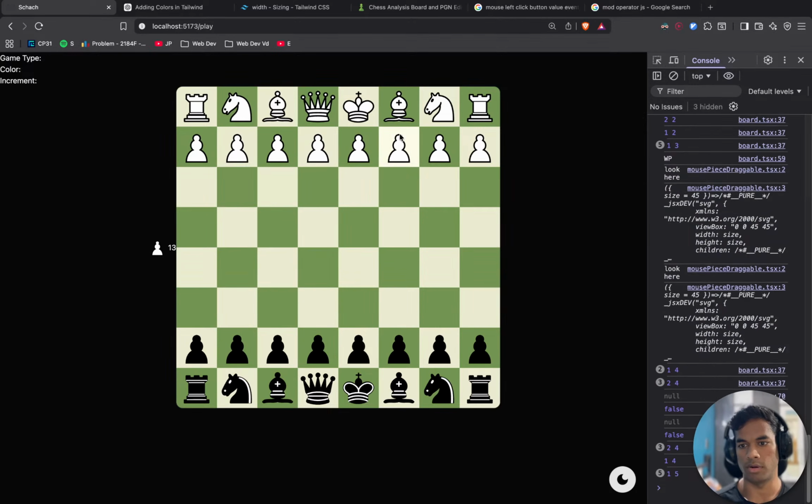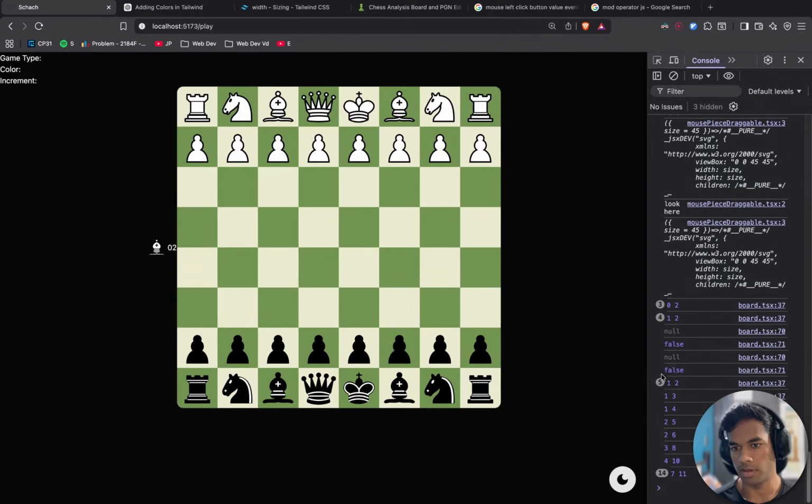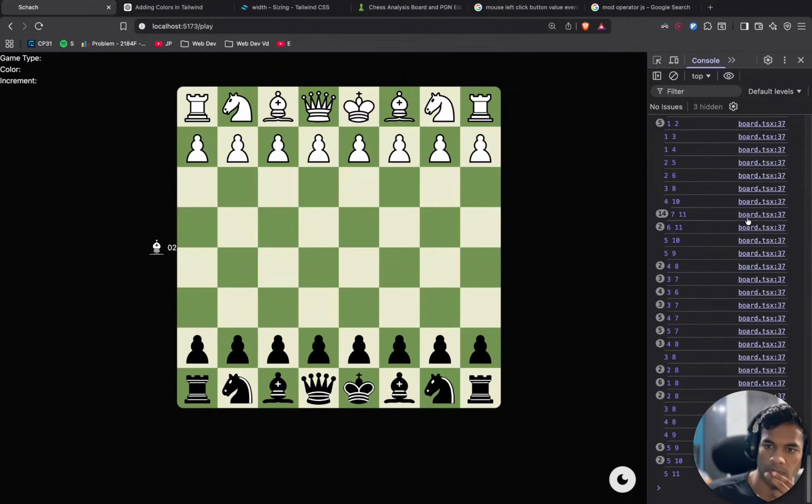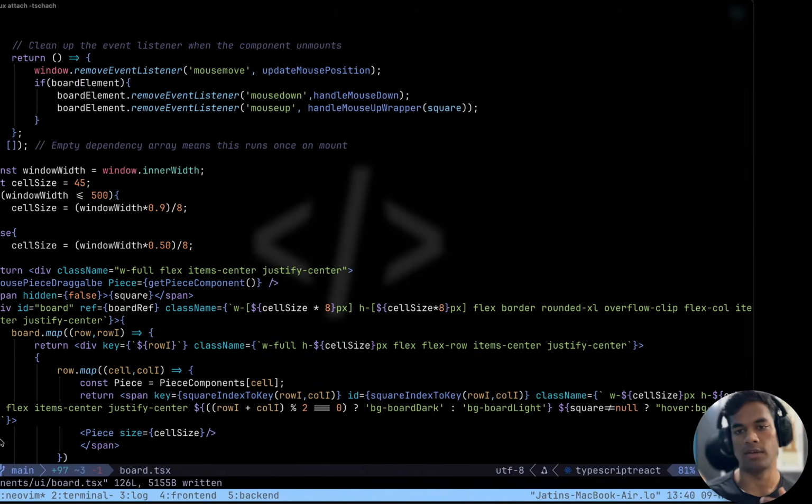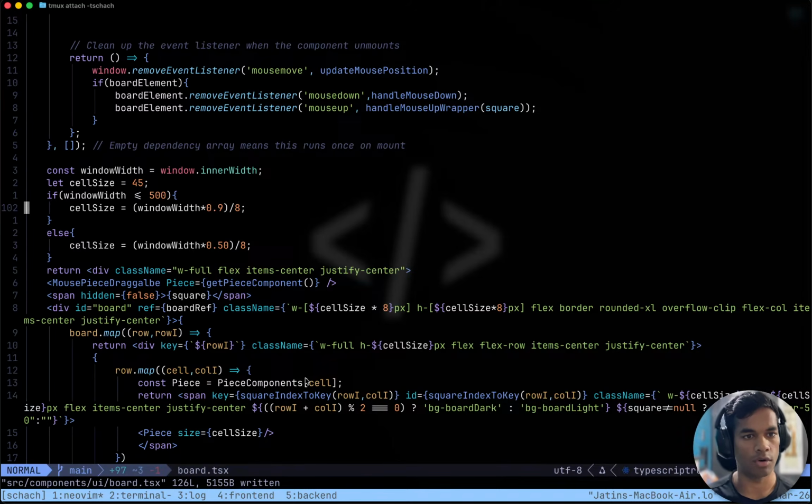Nope, we are not cool. We still get here false or null. On mouse up, we are still getting false or null. Why are we still getting false or null?